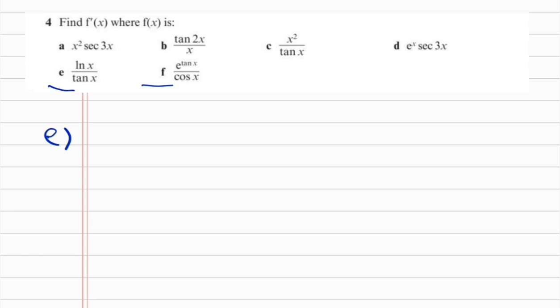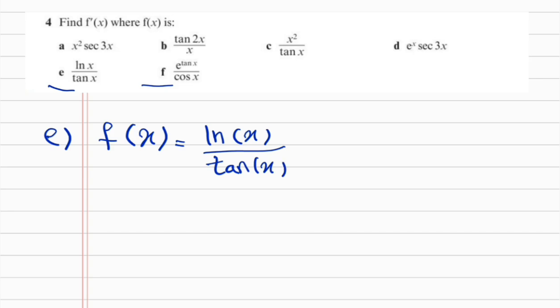specifically when you have trigonometric functions, because in this section we focus on how we can use our different techniques that we have learned in the previous sections in order to use them when we have trigonometric functions as well as other functions. So in part E, the function is ln x over tan x, and we want to